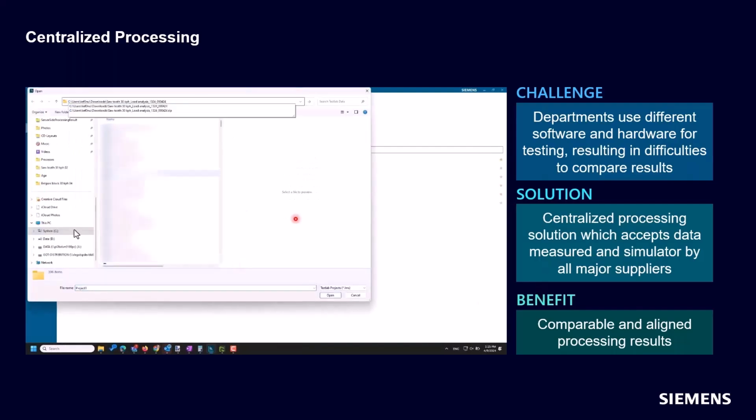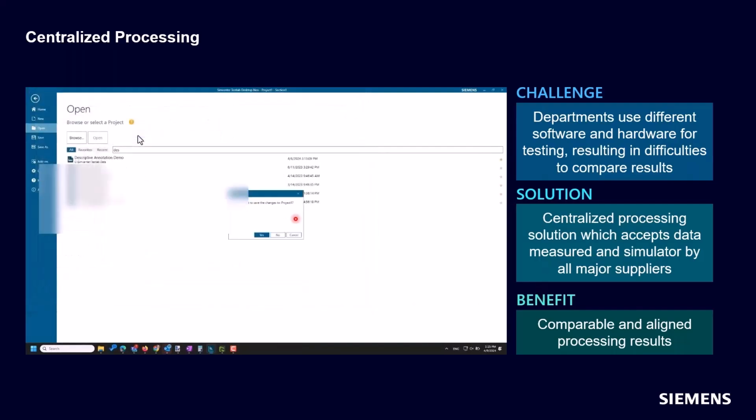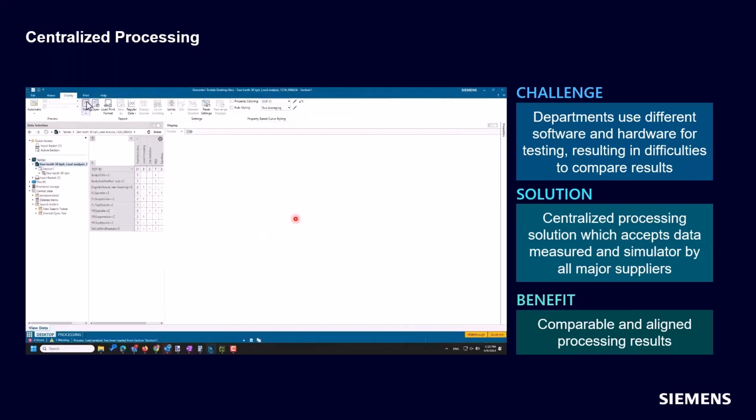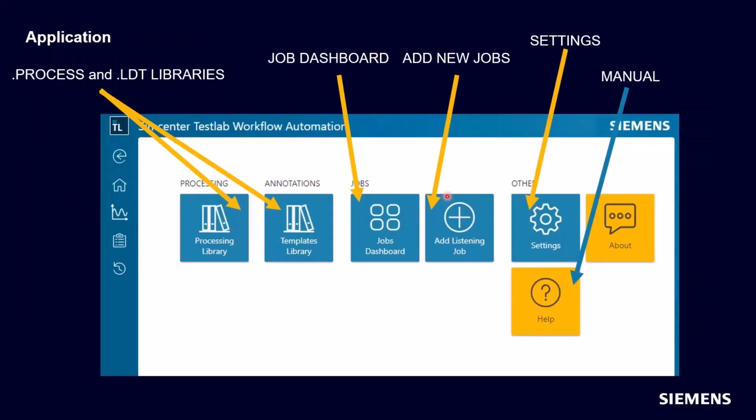Then after its results are done, we're going to be able to plot the results in either TestLab Classic or TestLab Neo. And this is an example of the web app. So basically, TWA, TestLab Workflow Automation, is a web application. You go to a website, we can set it up and have a processing library of all the processes you wish to use. We can have a template library for the different project data annotations. Or if you're not using data annotation, that's okay. We don't need to do that step. We'll have a jobs dashboard where we can see all listing jobs and all active jobs. We can go and add additional listing jobs. We can see some settings for the application, and we can see the help for the application.